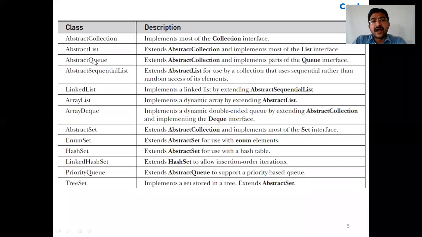Coming to our topic, array list implements a dynamic array by extending abstract list. The next topic in our syllabus is linked list. Linked list implements a linked list by extending abstract sequential list. The next is hash set. Hash set extends abstract set for use with a hash table.